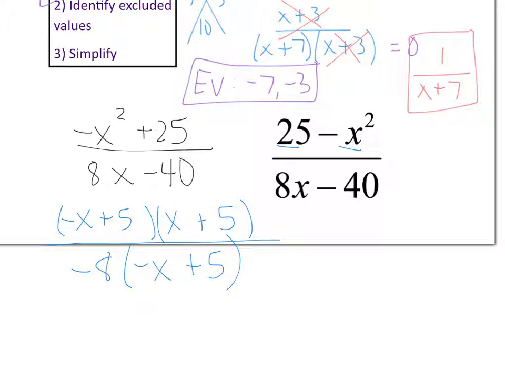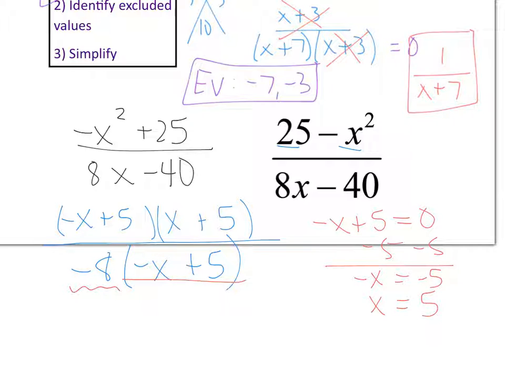So by setting the denominator equal to 0 here, I'm just going to set the negative x plus 5 equal to 0, because this negative 8 here does not have a variable, so that won't help me at all. So I'm going to subtract 5 and get negative x equals negative 5, divide by a negative, so x equals positive 5. So my excluded value is 5, but now I need to look at my simplified answer,